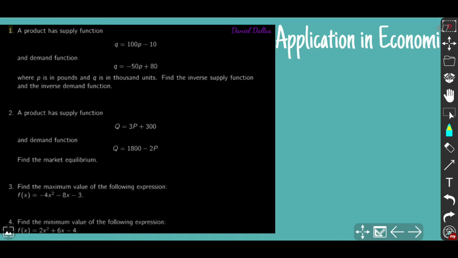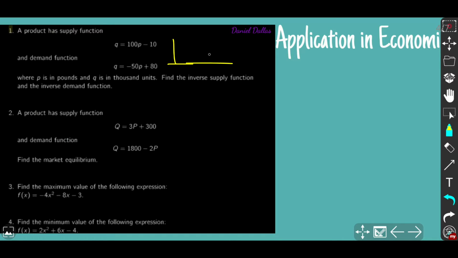might work. So the first problem: a product has a supply function, Q versus price, basically quantity versus price, and a demand function, okay? The same quantity demanded as a function of the price. As you can see here is the negative slope in general, and here is the positive slope, if we consider them as straight lines, all right? And here is a brief illustration of how this looks. Okay, so you have